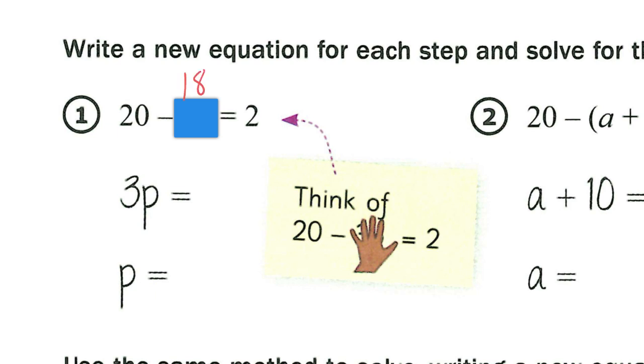So that means that this chunk right here, 3p, has to equal 18. Down here I'm going to write it as 3p has to equal 18. So what does p have to equal? 3 times what number equals 18? That's going to be 6. So when we say solving an equation by breaking it into chunks, we looked at this chunk, 3p. We knew that piece had to equal 18, and from there we found out that p equals